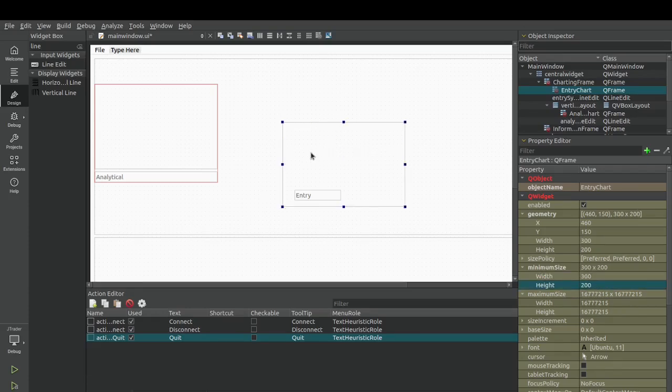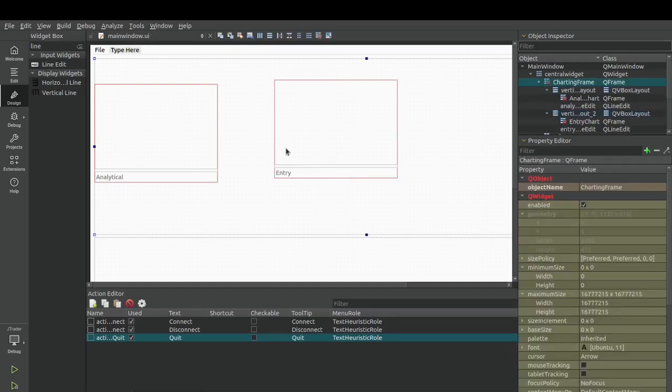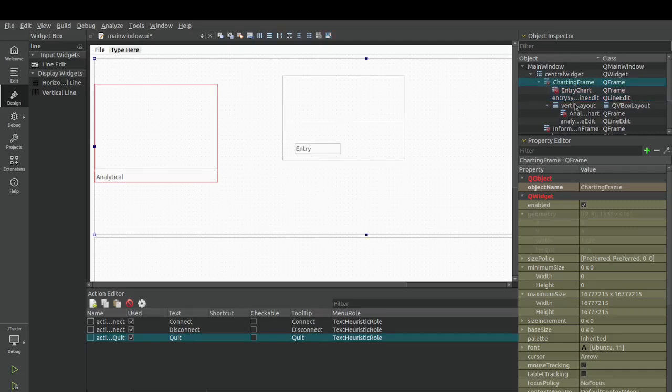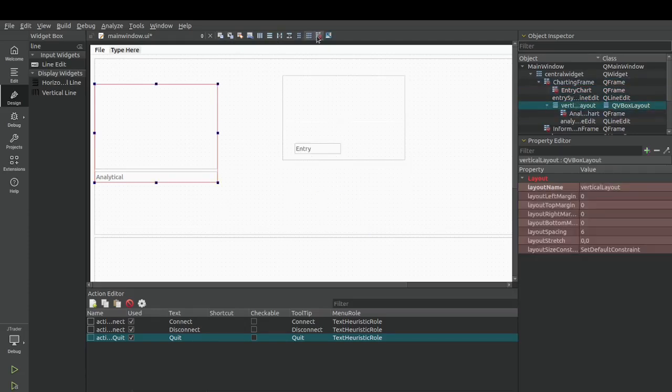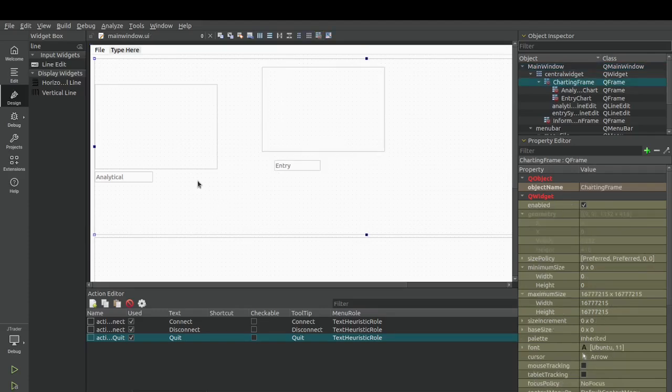Now, the reason why I'm giving you this minimum is because it's just easier to work with. This way, I can build things and put them in pieces without having to do it all at once. So now that I have these 2, what else do I need to be here? Actually, I'm going to undo that for a minute. Where's it? There it is. I'm going to break that layout. There we go. Not ready to do that yet,